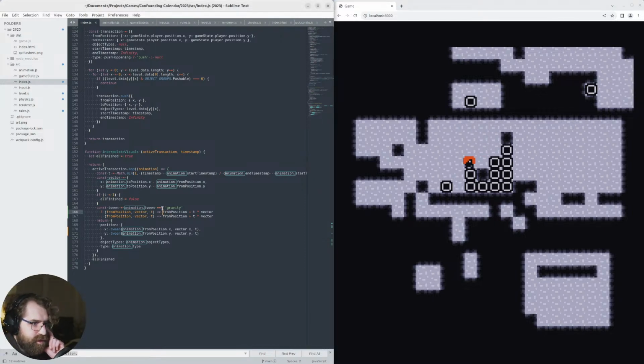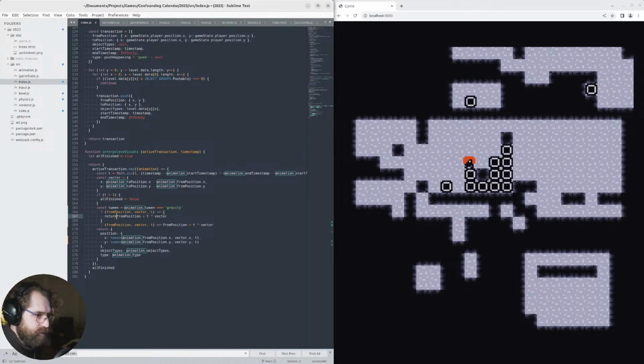So this function is going to be different if it's gravity, though. It's definitely going to be more complicated. So let's do that. Okay, so as t goes from 0 to 1, I need to know where it would be at that time. The other complicated thing here is that